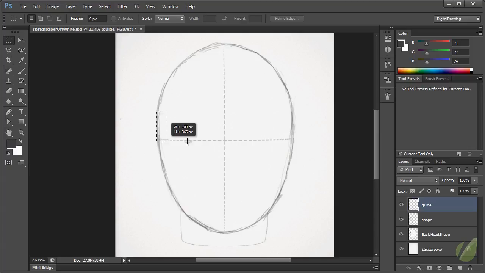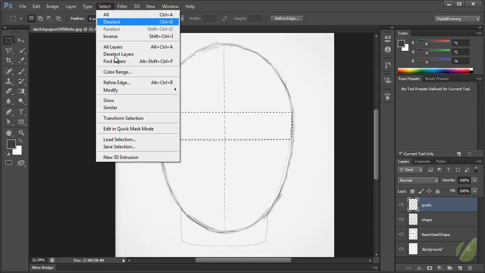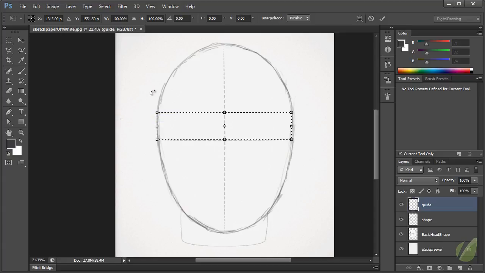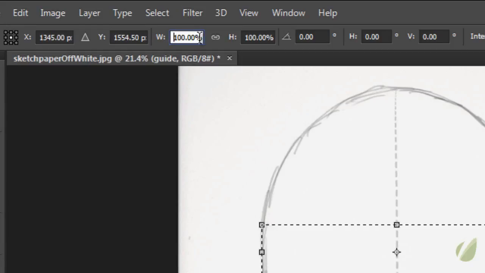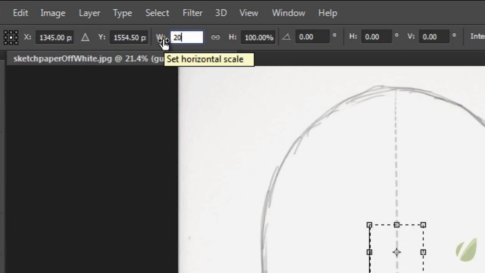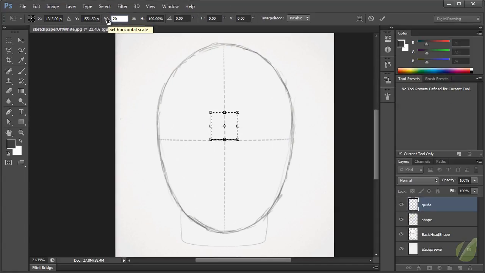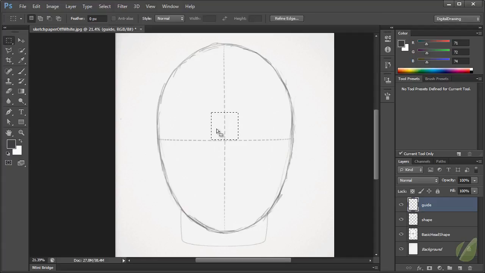So the thing to do is to create a selection, the exact width right there. Okay, now we're going to go to the select menu, transform selection. And so when we go up here, let's set the width to exactly 20%, because that is 1/5 of the overall width, and that gives us the eye width. So we hit enter to apply that transformation, and so now we have 1/5 the width, the width of one of our eyes. So what we're going to do is go ahead and move that over here,